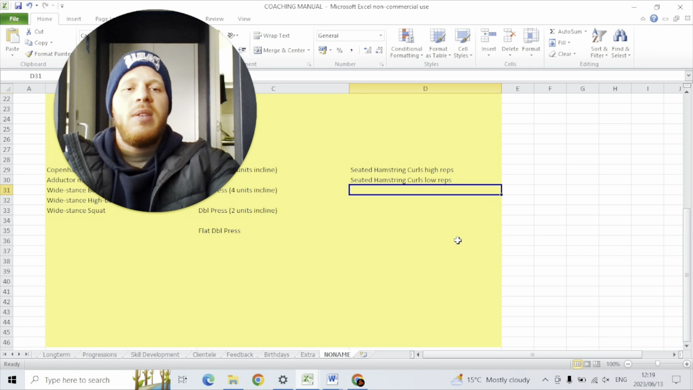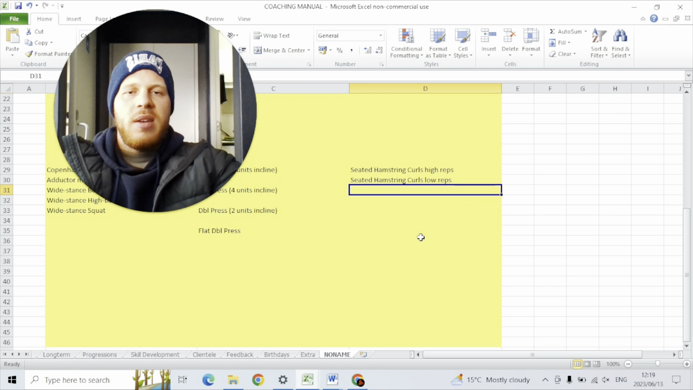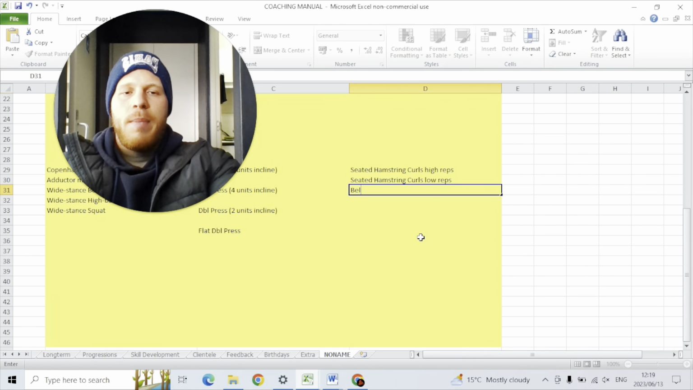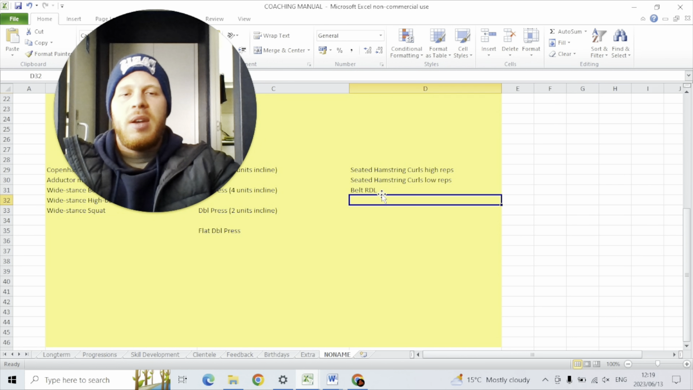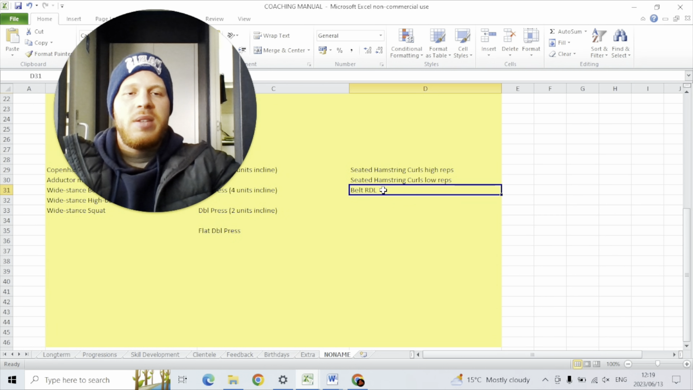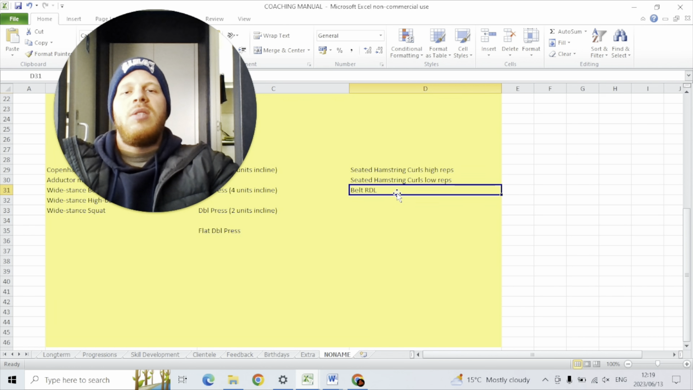We can possibly do that. Then our next block, we can translate this into a more hip hinge movement. Okay, so let's say a belt RDL. If you don't know what this is, it's basically a Romanian deadlift or stiff-legged or what have you on a belt squat machine, taking away the load on the spine. Okay, so this is going to be quite a nice translation, going from a hamstring curl into a hip hinge